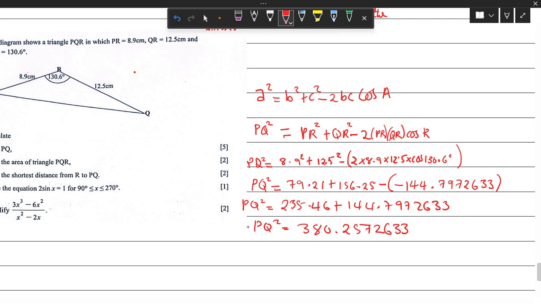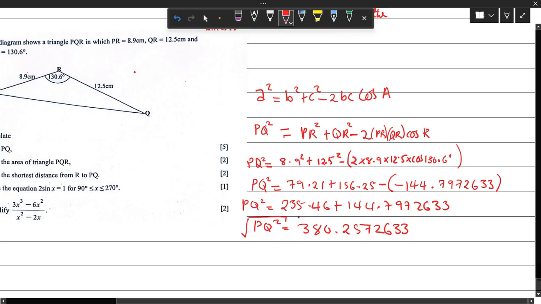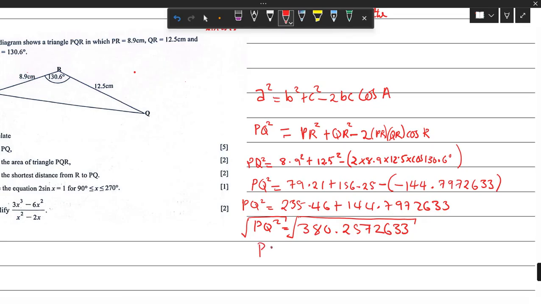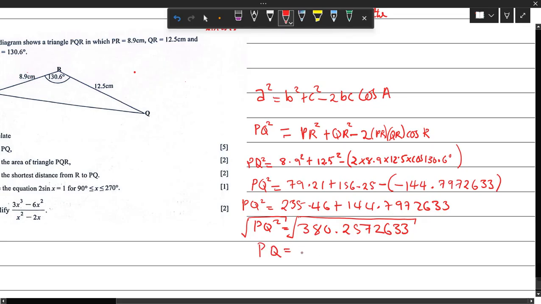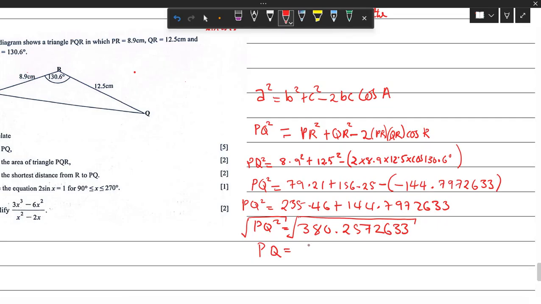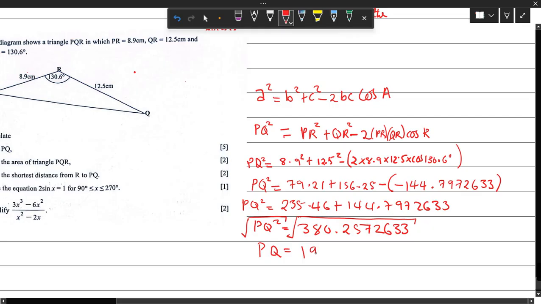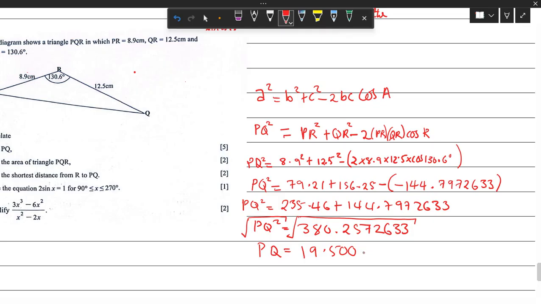380.257263. Okay, so now you take a square root. Now from here you take a square root of both sides. Square root. So PQ equals to, so square root answer will have 19.50018624 centimeters. So first you write the answer in full before you round off, because there are times where you